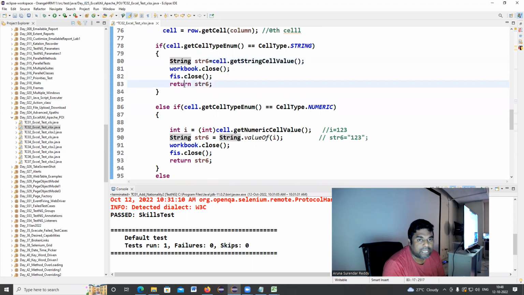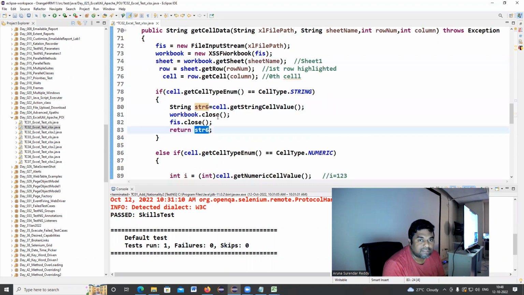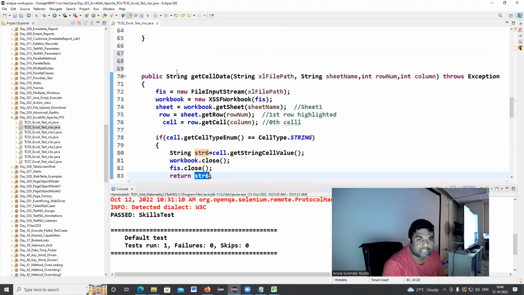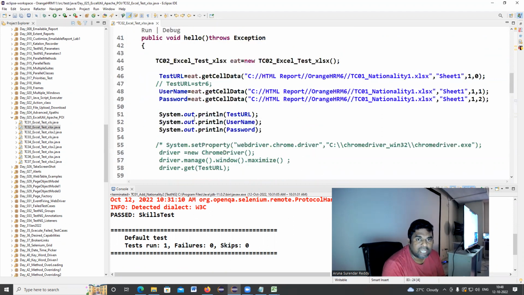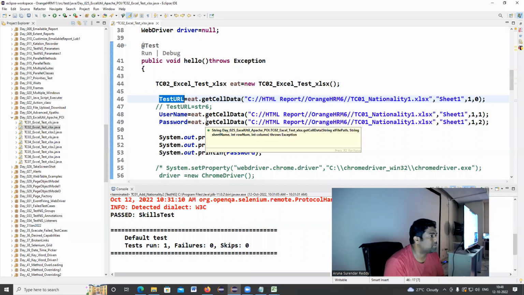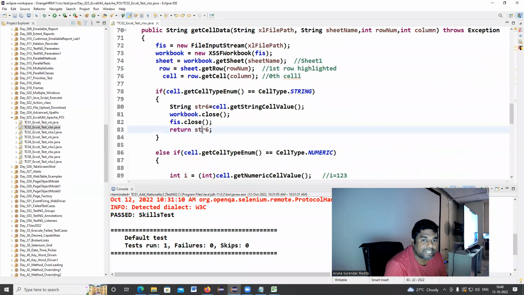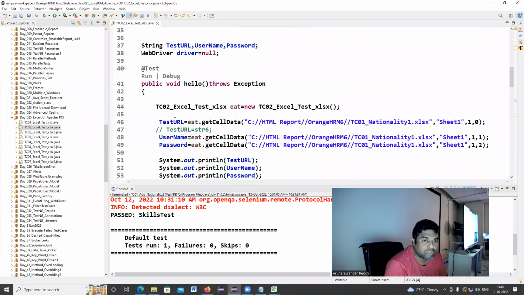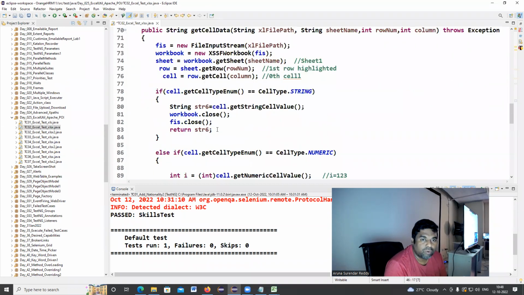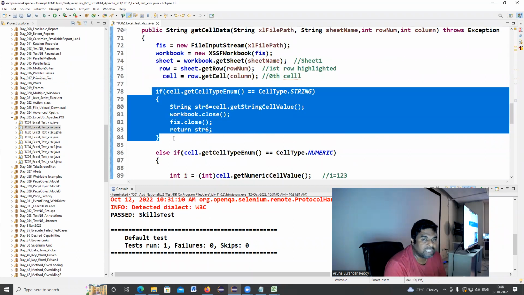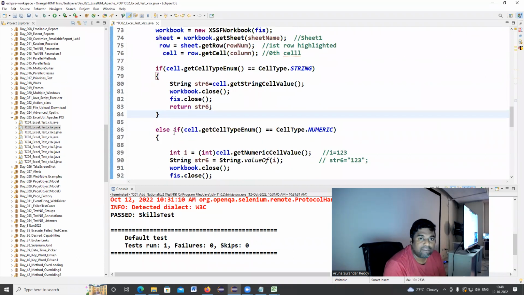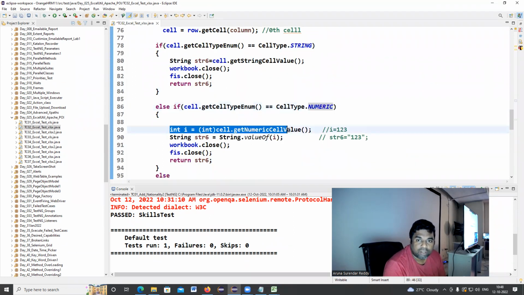See, I am returning str6, a string value. So the str6 value is loaded into this variable. When the cell value contains a string value, that is the first condition. If the cell value contains some numerical value, suppose in the Excel you have given 1